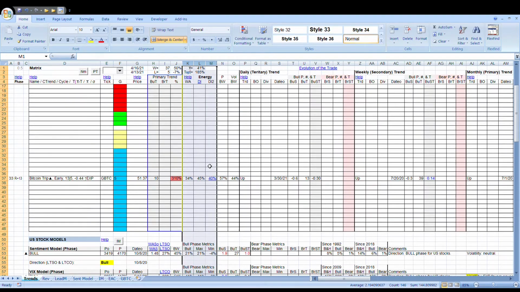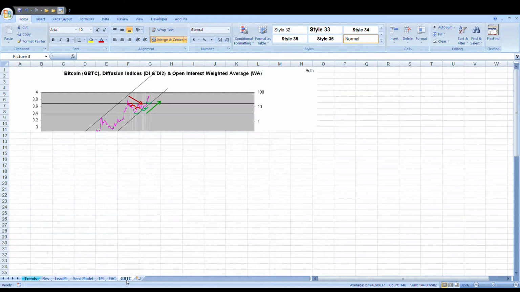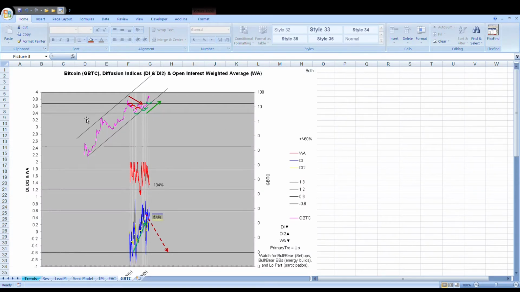If you want, click the links here for your subscriber within the matrix, you can do that. You can pull up a chart that's similar to this. It's updated weekly. Right now we have a DI and DI2 energy build that's towards the top of the channel here, the 60 threshold line right there, which is bullish. So in reality, this setup energy-wise is far more bullish than any of the short-term panic is implying.